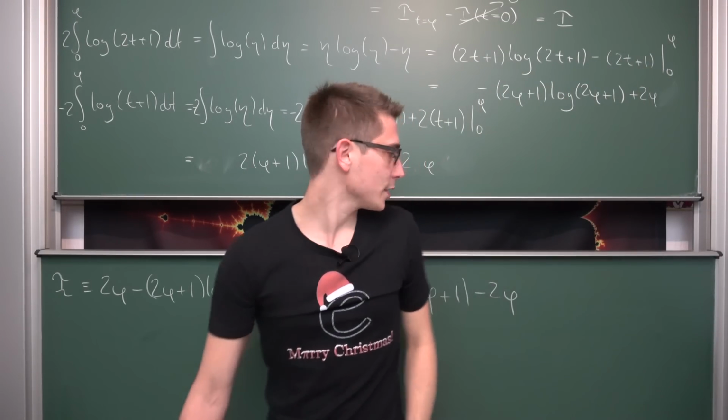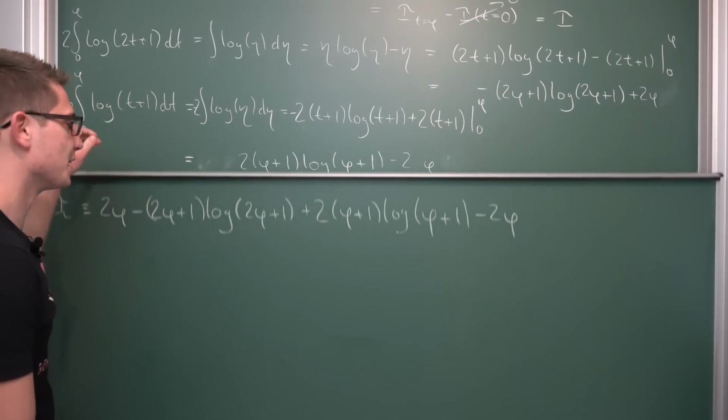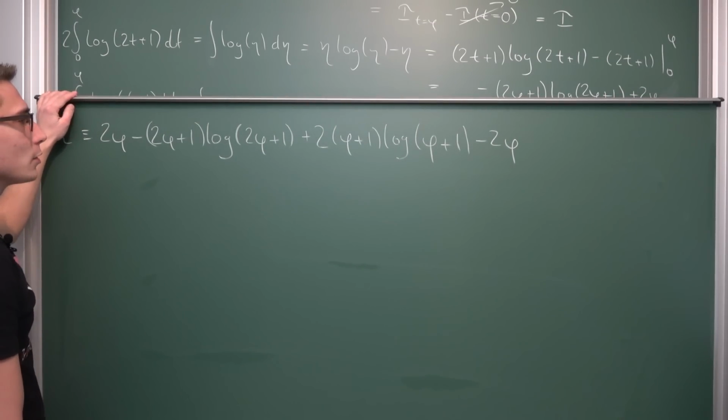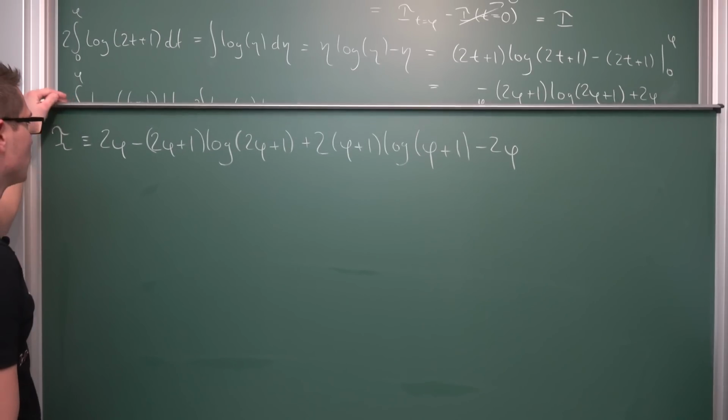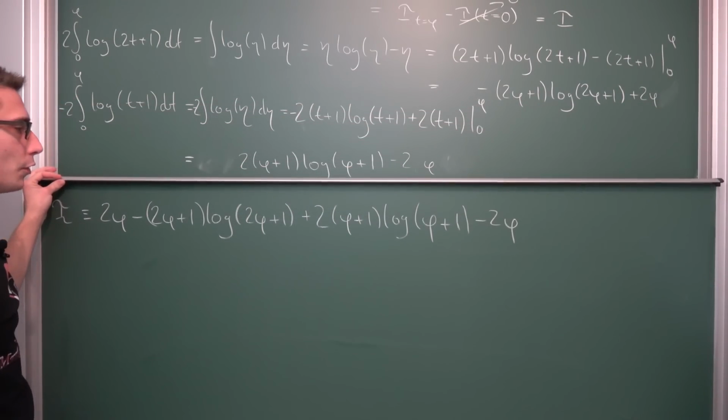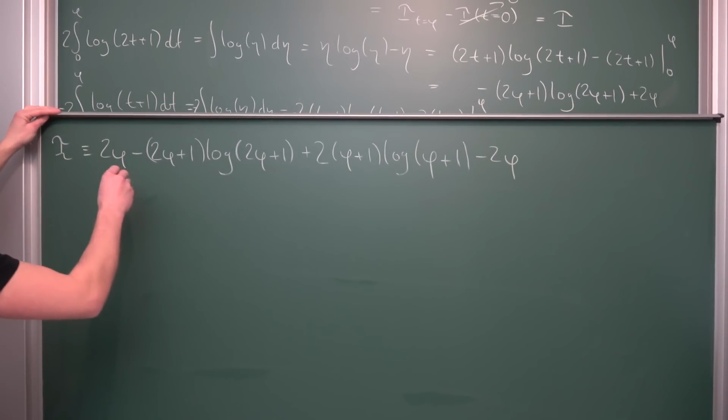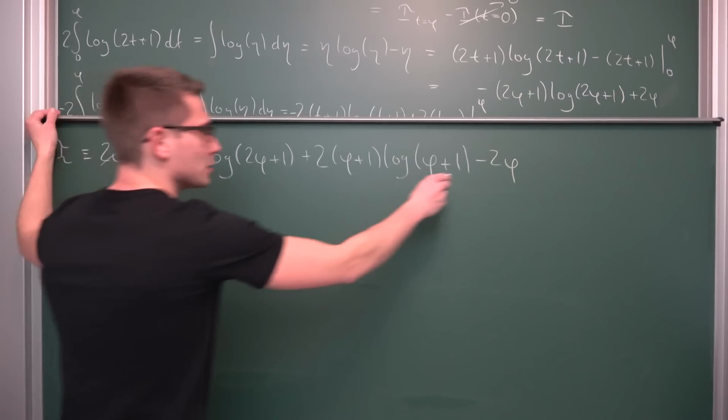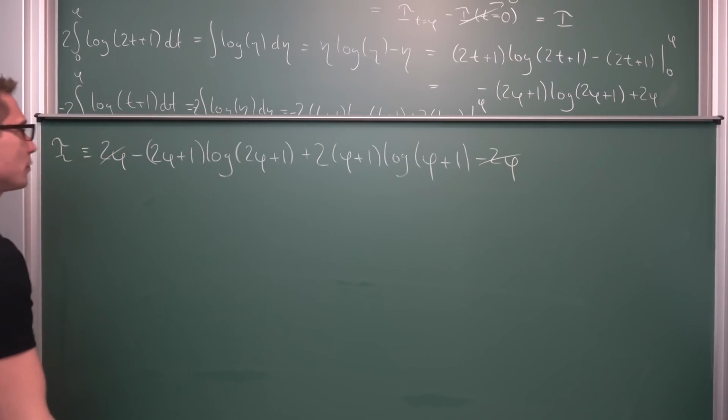So I erased everything, and this is what I have gathered up until now. And now we are going to see if all of this actually works out. So what I noticed is that 2 phi and negative 2 phi is going to cancel out while writing everything out. And what we are, wait,